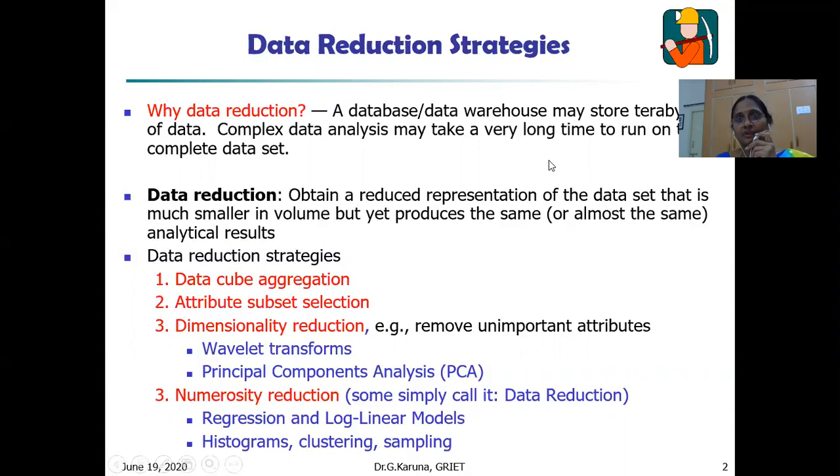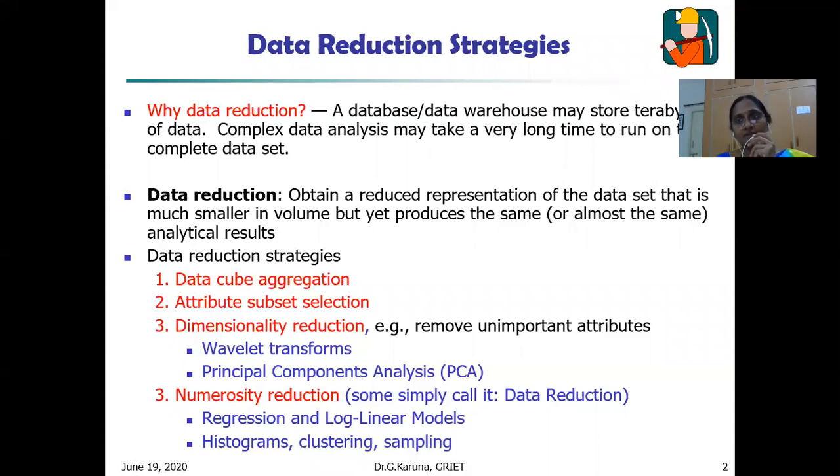A database or data warehouse may store terabytes or gigabytes of data. If we analyze such complex data, it may take a very long time to run on the complete data set, which is obviously impractical and infeasible. So we are going to reduce the data.